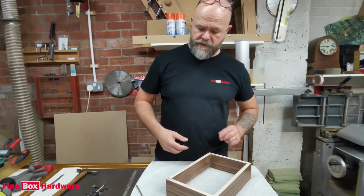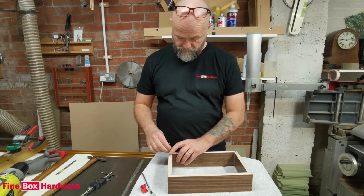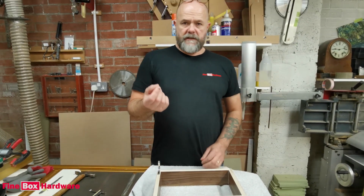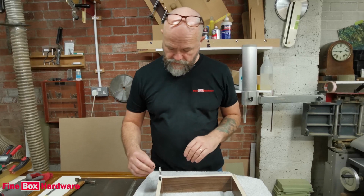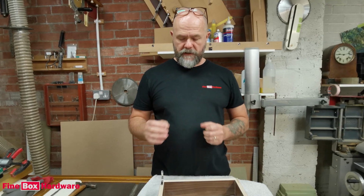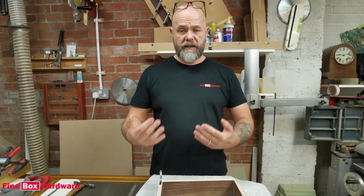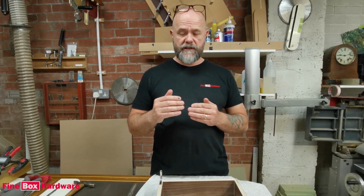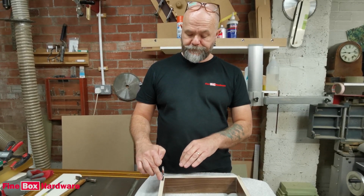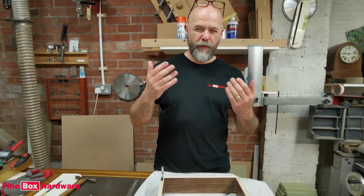So when it comes to drilling the holes, obviously the traditional way is to pop your hinge in, slide it into place, and then with a sharp point, scratch awl, whatever you use, you pinpoint to give your drill bit the starting point. You obviously want to make the point just fractionally off center towards the front. We're talking fractionally, you don't want it too much because then the screw head doesn't sit nice in the slots. But you want it 0.1, 0.2 at the max